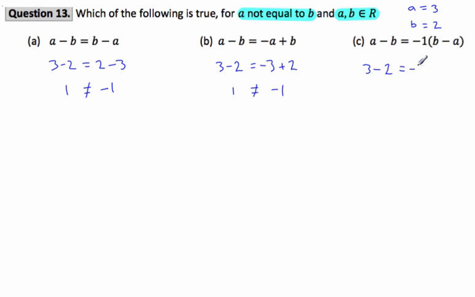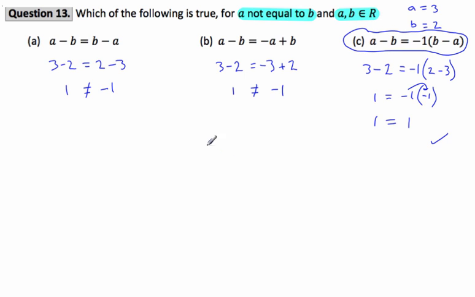Okay, so finally, 3 minus 2 would be equal to minus 1 bracket B, which is 2, minus A, which is 3. Okay, so we've got the left hand side there saying that 1 is equal to negative 1 multiplied by 2 minus 3, which is negative 1. So they're saying that 1 is equal to negative 1 multiplied by negative 1, which is positive 1. So 1 is equal to 1. So we can see the answer then is